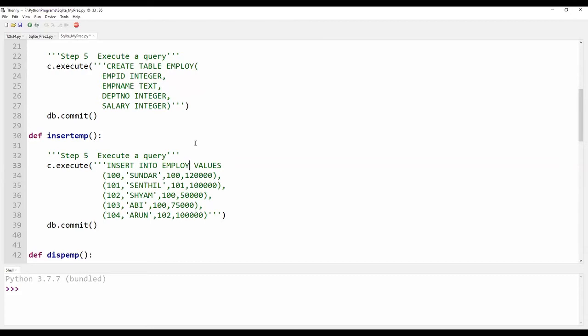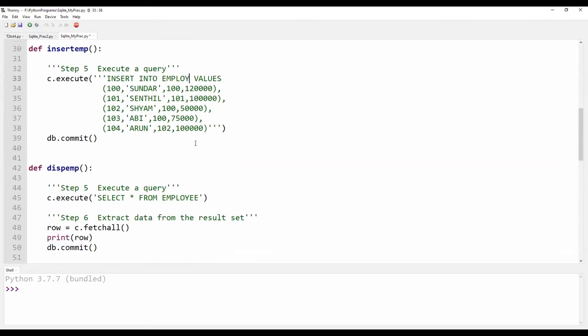Once I am done with this, I move on to display. Now the data is inserted in the workspace, and from the workspace I again display everything. To display, I again use c.execute.